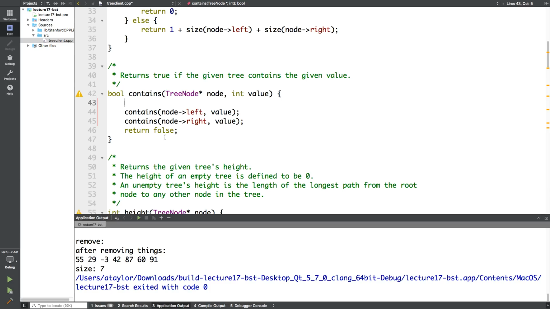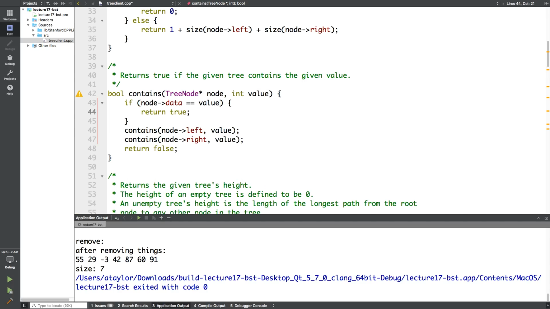Pre-order is a good choice because we have all the information we need. If we're looking at a node, we have enough information to tell whether this node is the one we're looking for. The idea is if node data equals value, return true. What do you want to do with the calls to contains that we make of the two children? Do we need to put them within the